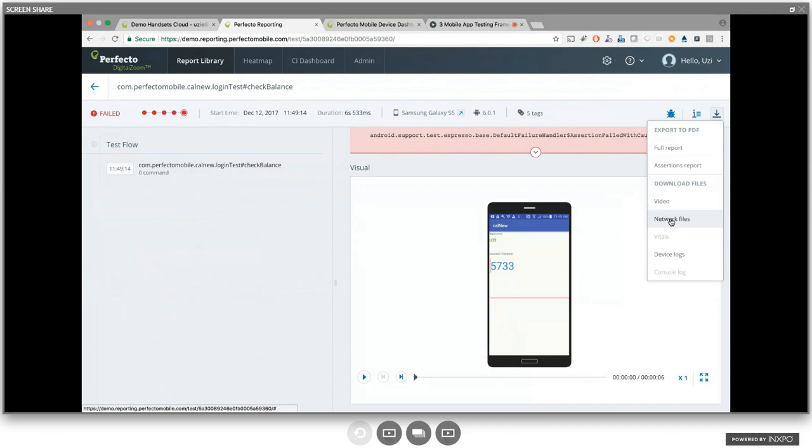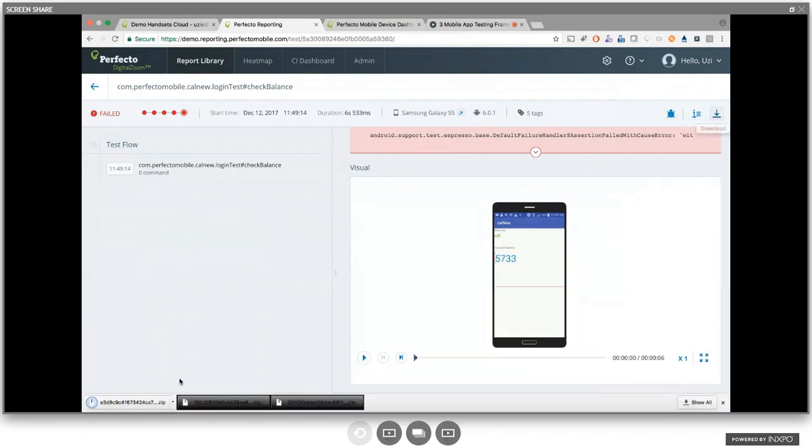Exactly. Now I want to show you one more tool. It's a very strong tool that helps me understand what happened behind the scenes. What is the network request that you sent from the application, and what was the response from the web server that shows me this result, the 5,733. So I'm going into the network file, and in the network file, I'm able to download a HAR